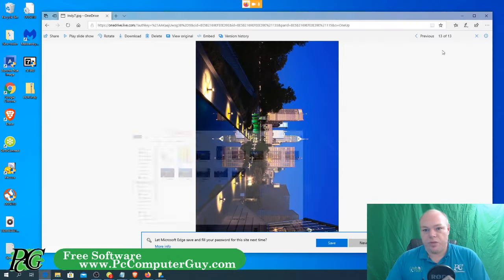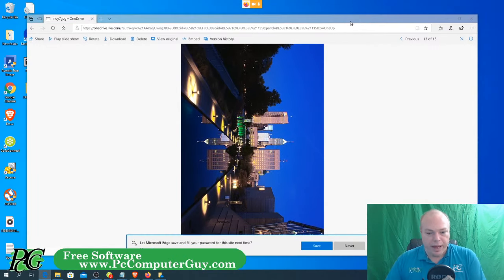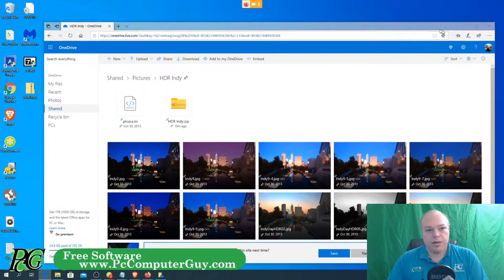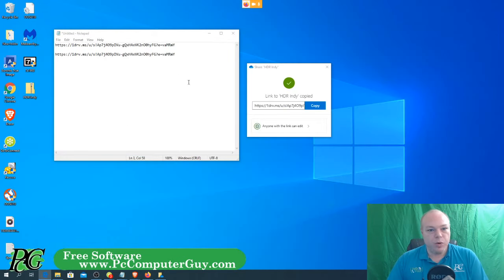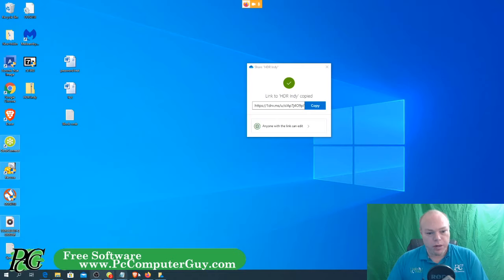All of what I'm doing through this browser, through Edge, is what the other party can do. So this is what Tom could do. He could modify these pictures. He can add his own pictures to it. I don't have more pictures here, but he could take his group of pictures and add it to the file. And then when he does that, you will have it in your own